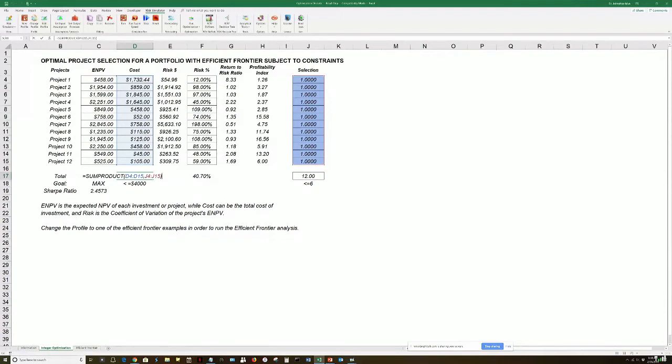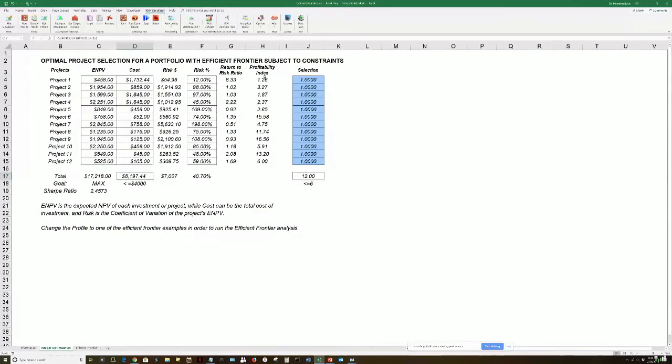So the cost is 1.7 times 1, plus the 859 million times 1. So the ones and zeros here are your selection. On column J, the one in blue tells you the go, no-go decision. Do I do this? Do I not do this? If I do all of them, it will be 12 projects, and it will cost me $8.1 billion of dollars. I only have 12 different projects here.